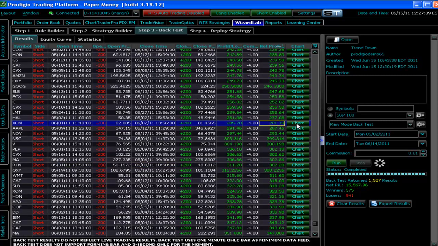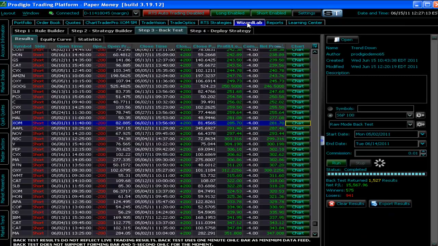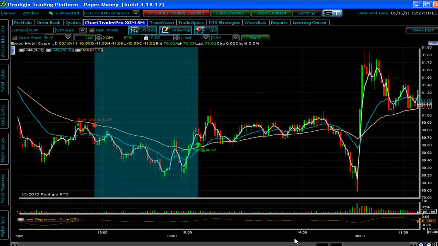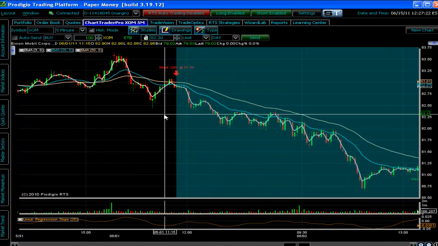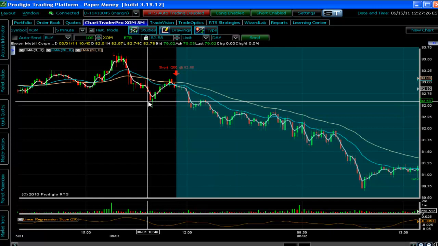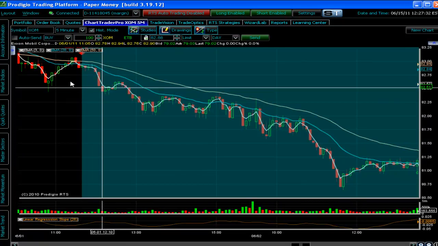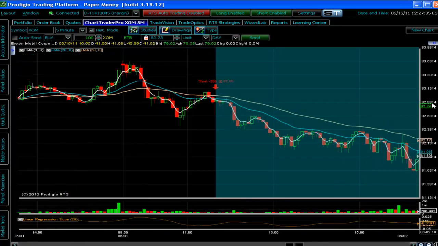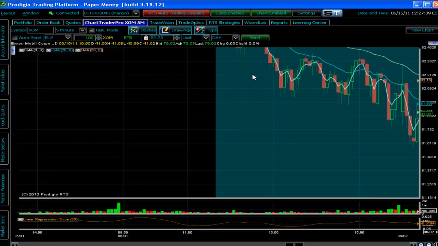So let's take a look at this ExxonMobil position. And this was the one on June the 1st at 11:40. This is actually a much better example for the philosophy of what I'm trying to do. Now, as I demonstrated before, this is a really simple strategy based on 3 speeds of exponential moving average. So let me really zoom in here on this signal, and I can always drag this y-axis upwards like this,